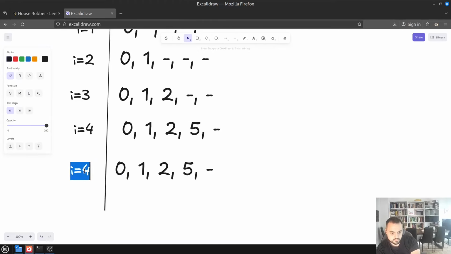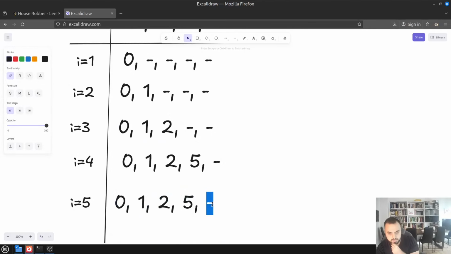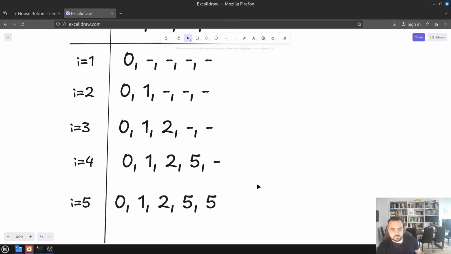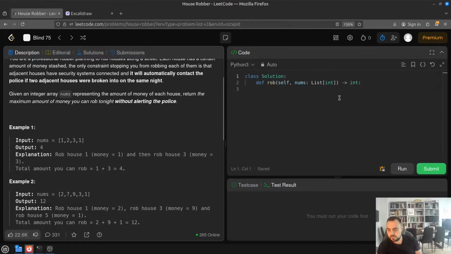And the last one, i equals 5. Here we can either skip, and this would be the best thing to do, to skip in this case. Okay, so now let's try to